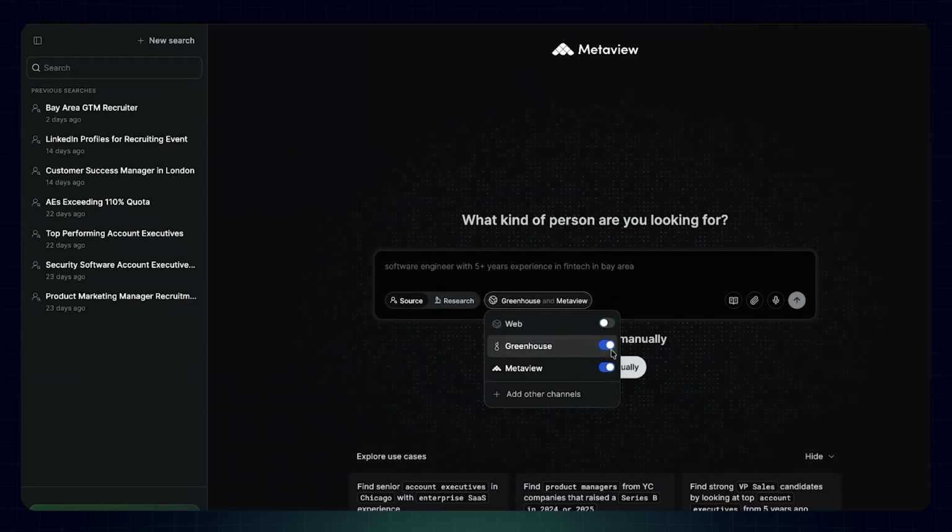I either want you to look in my applicant tracking system or actually in my Metaview instance, so in my conversations. And I only want you to find people from within that almost like mini database, my own owned database. And the reason that's really cool is because you can get much more detailed with what you're looking for, because you know stuff about these people that the internet doesn't.